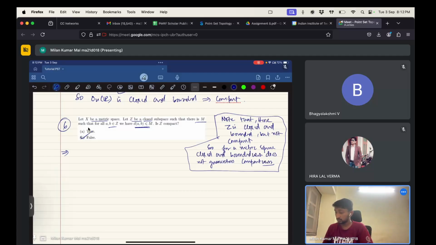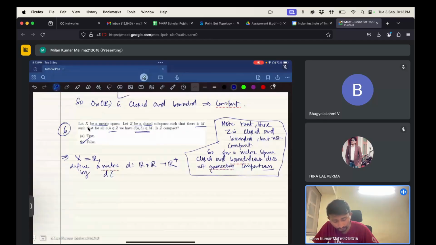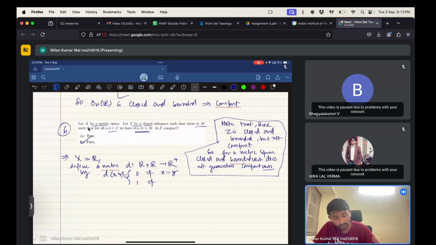Consider an infinite set X. I will take X equal to the real numbers, and define a metric d from R cross R to R positive by d(x,y) equals 0 if x equals y, and 1 if x is not equal to y. Check that